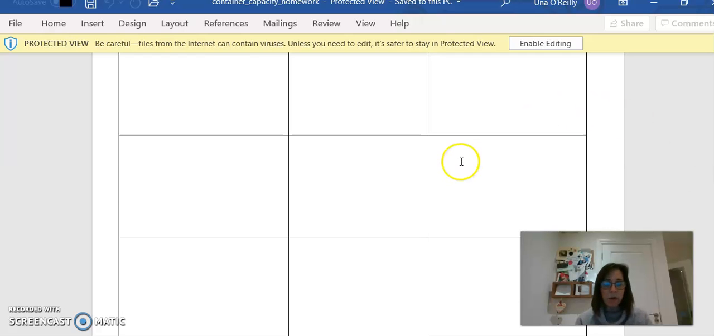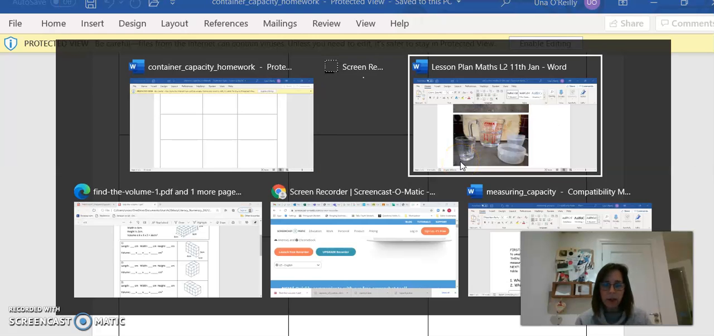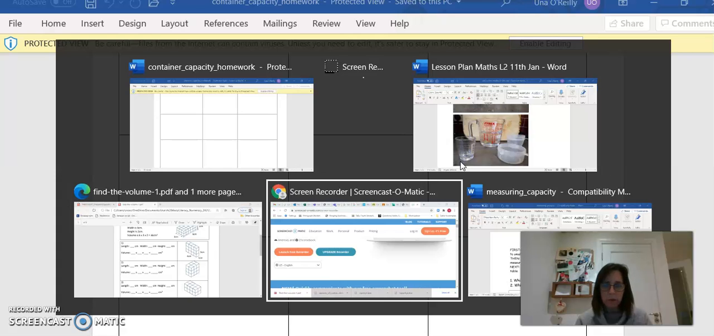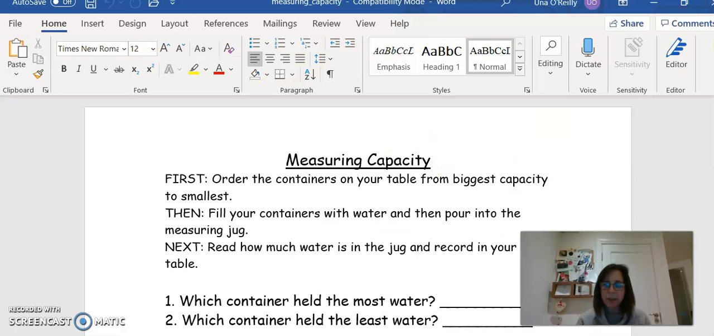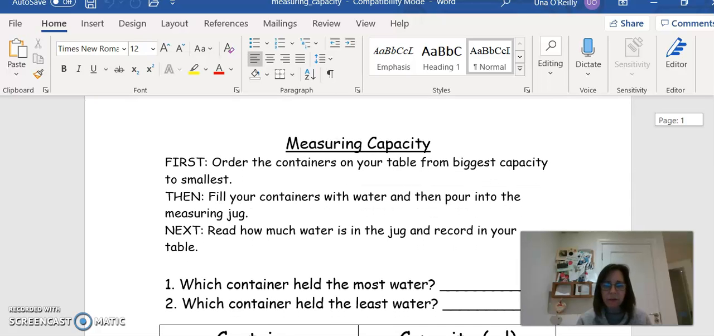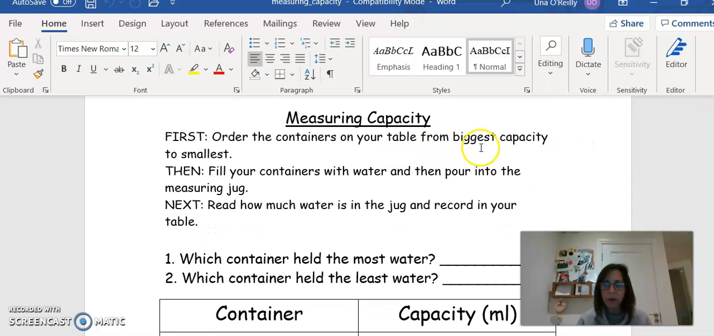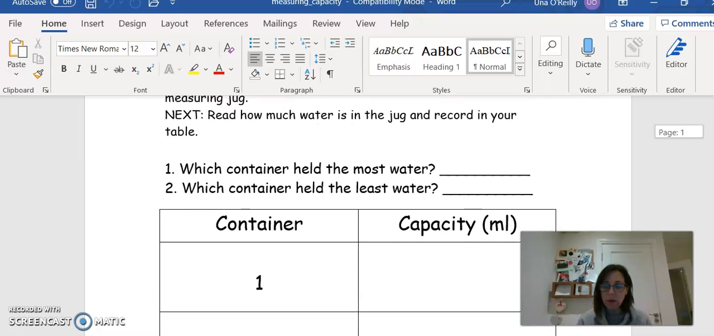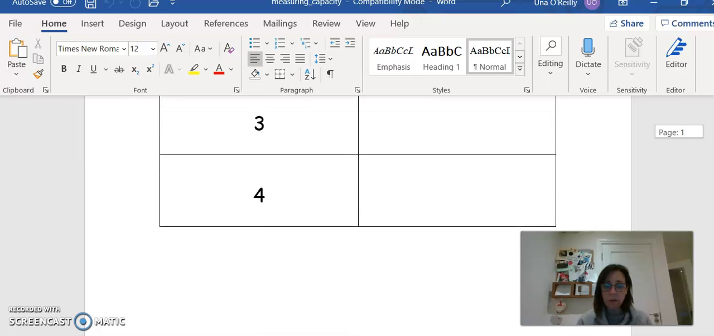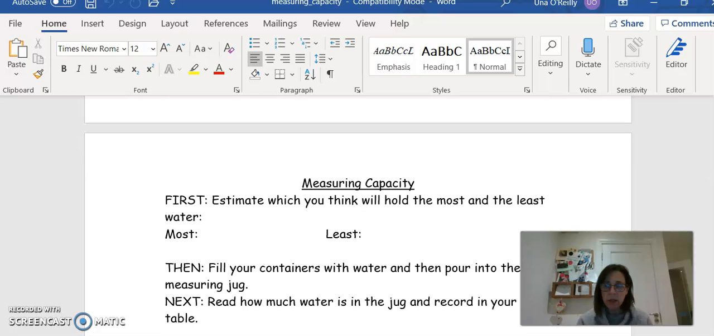Okay, and the other worksheet then is, we've done that one, we've done this one here, measuring capacity. Okay, so first find some containers at home and order them on your table from the biggest capacity to the smallest, okay? Then if you can, fill your containers with water and pour them into the measuring jug and read how much water is in the jug for each item and record it in a table, okay? So which container held the most, which container held the least, okay? So you can use as many as you want. This one's got 4 there on the first page. And then